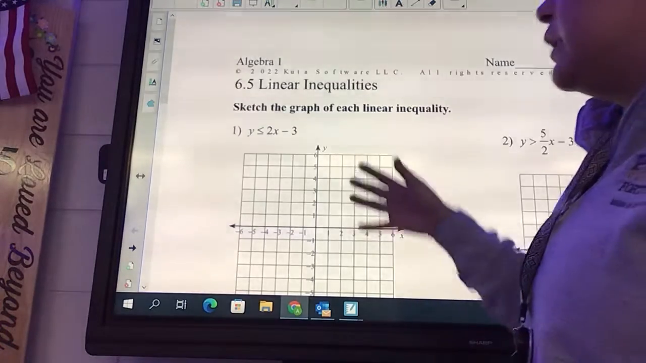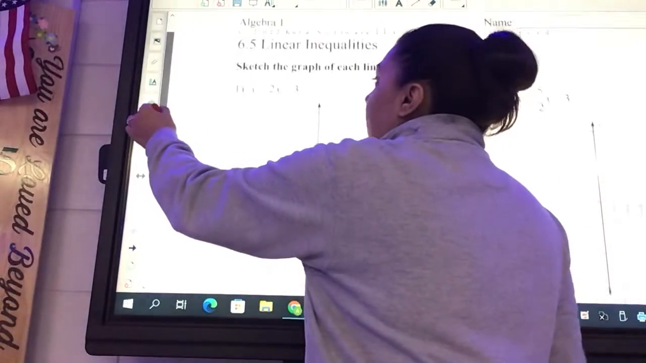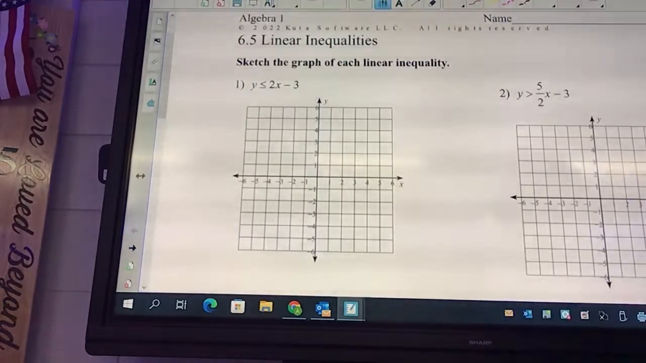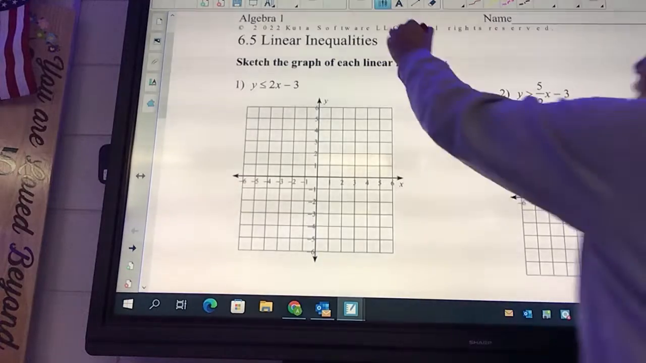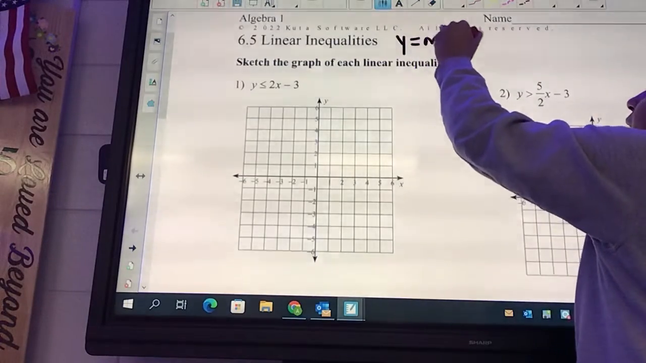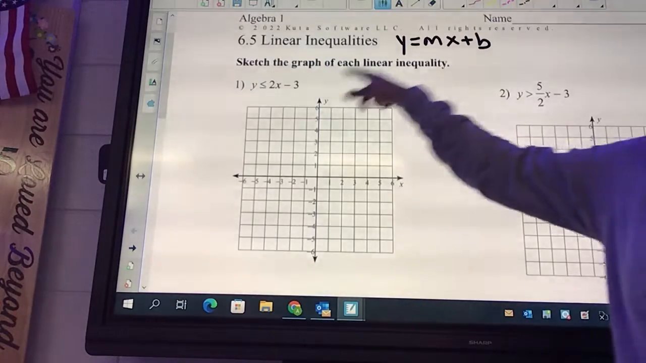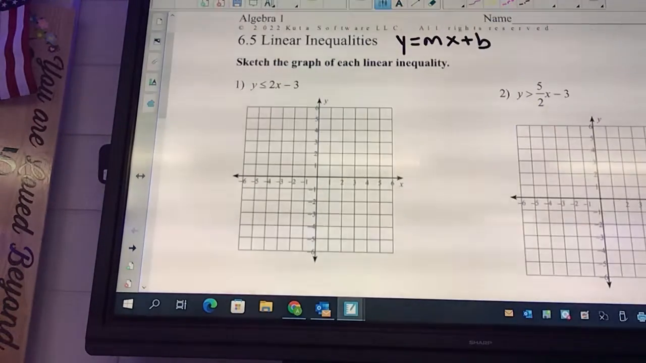And most of this is going to be the same. The lines are going to be different, okay? So it's got to be in slope-intercept form in order for us to graph it, meaning it needs to say y equals mx plus b, okay? We're going to get a difference: instead of an equals, we're using inequalities, okay? So